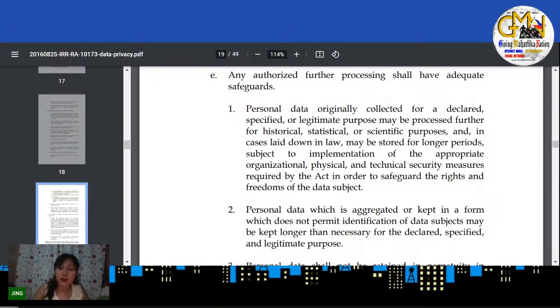First, personal data originally collected for a declared, specified, or legitimate purpose may be processed further for historical, statistical, or scientific purposes, and in cases laid down in law, may be stored for longer periods subject to implementation